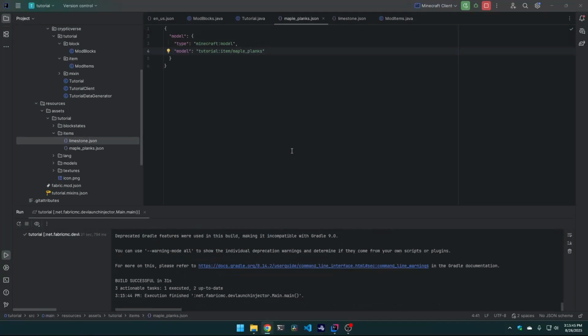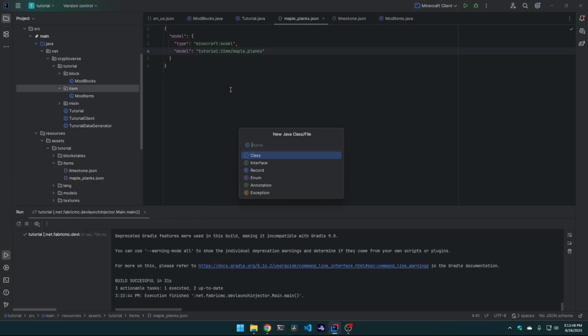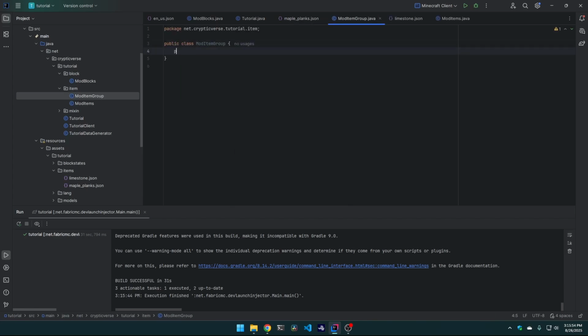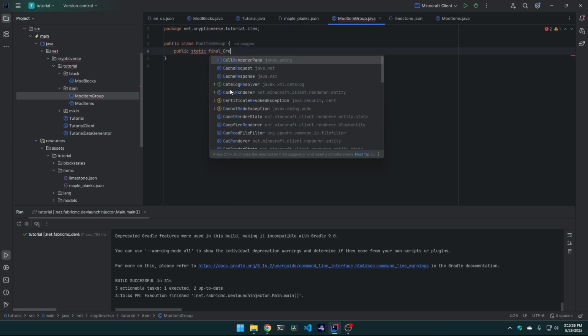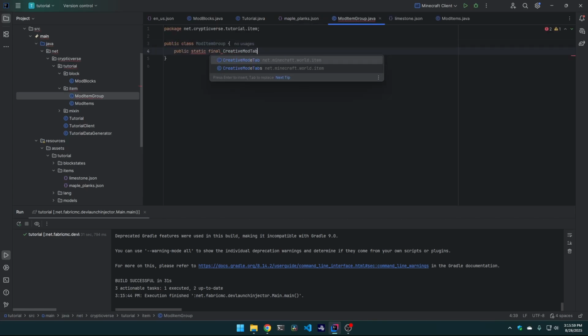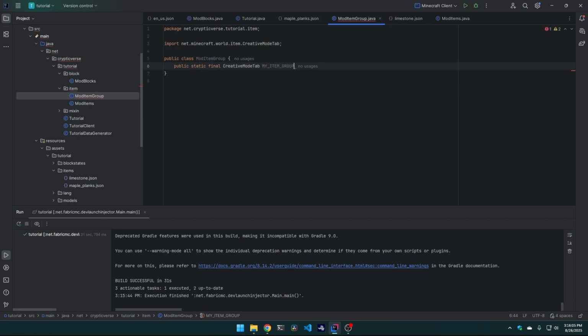Now for the item group, what you want to do is go to your item package, make a new Java class called ModItemGroup. And in here, we're going to make a public static final CreativeModeTab. And we're going to name this MY_ITEM_GROUP. It's going to equal